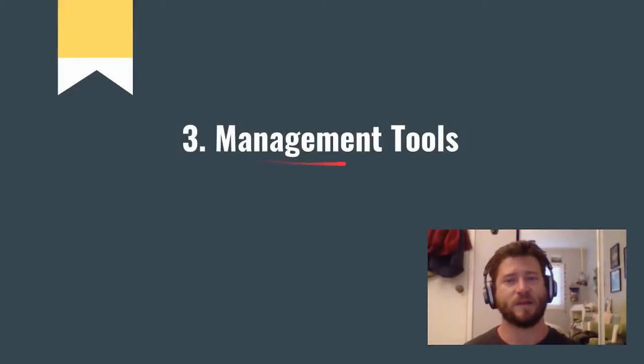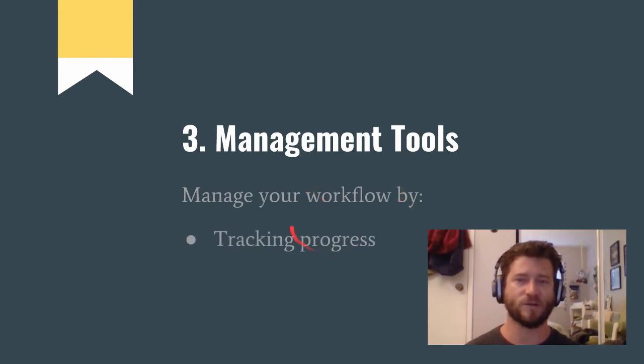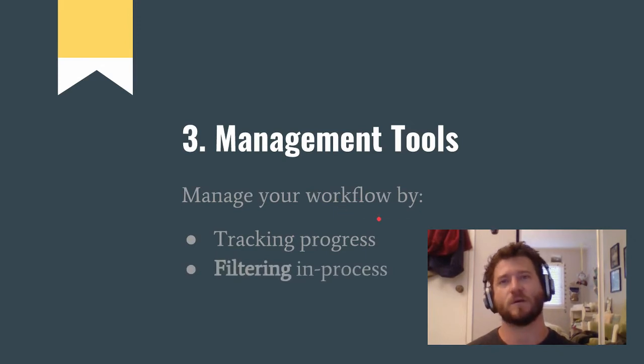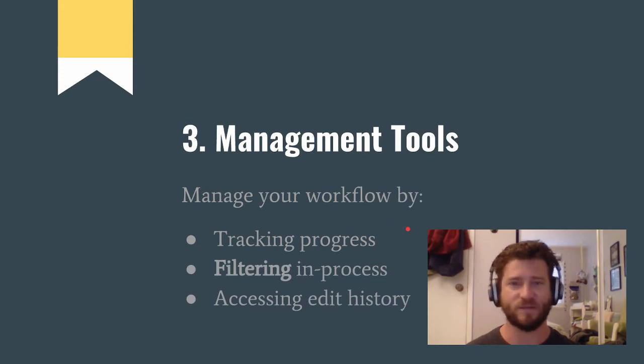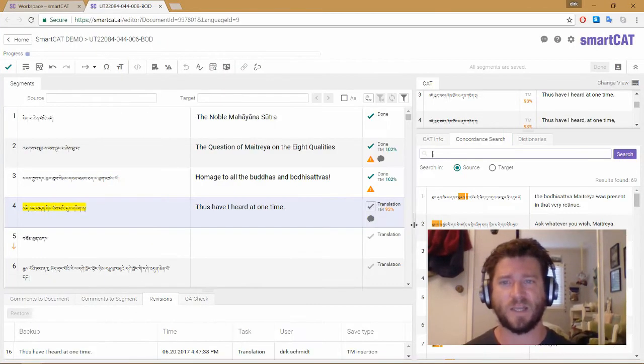Now the third thing smartCAT gives us are a bunch of handy management tools. It allows us to track our progress while we're translating, as well as filter our in-progress translation by a bunch of different variables, and it allows us to also access our edit history. So when I'm looking here in my